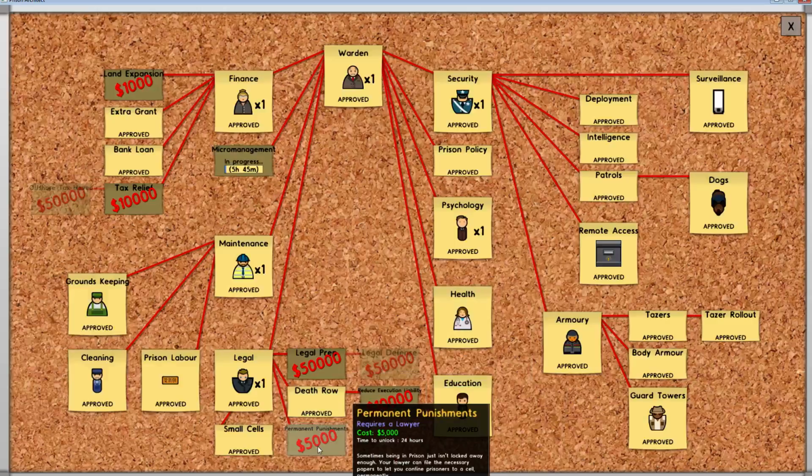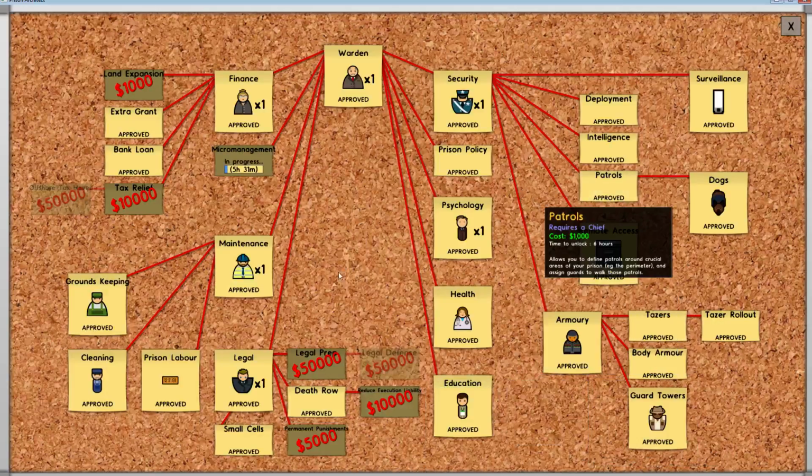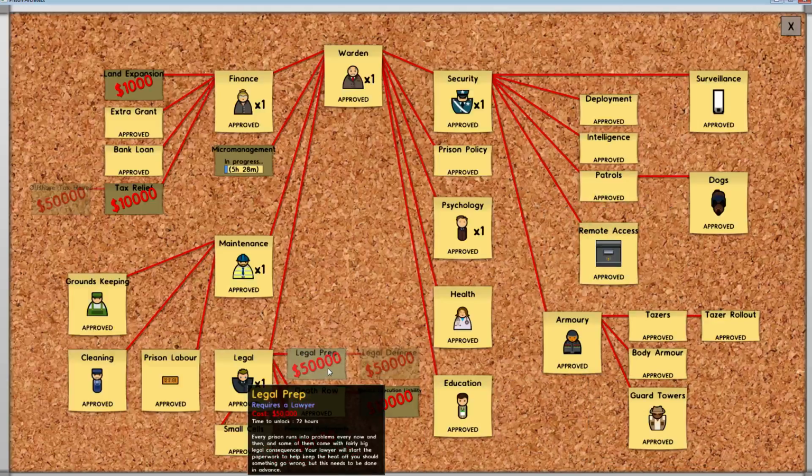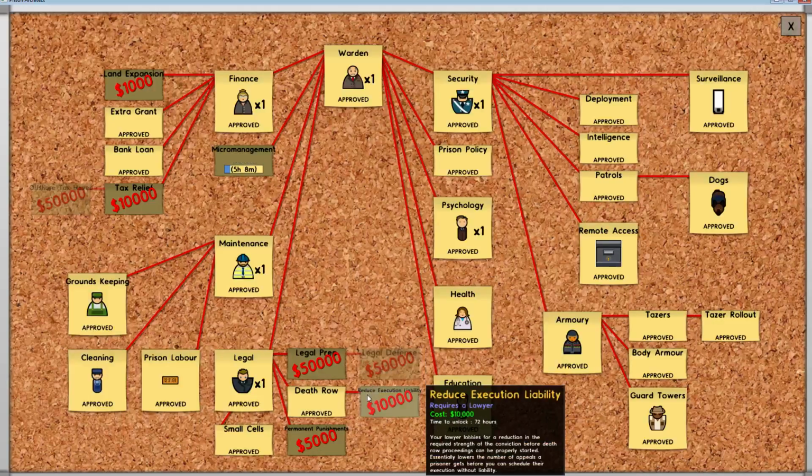What else do we want to do? Sometimes being in a prison just isn't locked away enough. Your lawyer can file the necessary papers to let you confine prisoners to a cell permanently. We don't really want to do that. I mean, we've kind of unlocked everything else, though. Legal prep. Every prison runs into problems every now and then, and some are fairly big legal consequences. Your lawyer will start paperwork to help keep the heat off you, should something go wrong, but this needs to be done in advance. I mean, nothing's really gone wrong yet, so maybe not. I haven't found myself in a bad situation, so